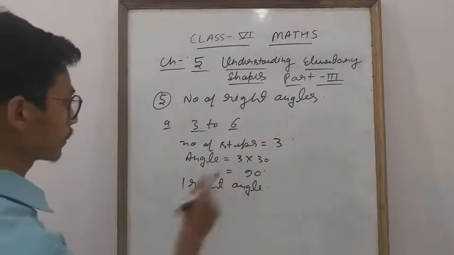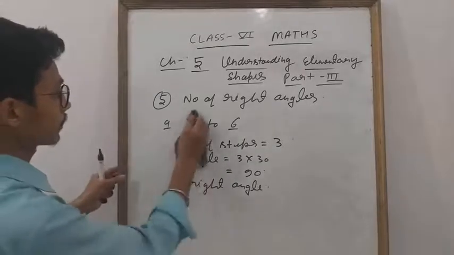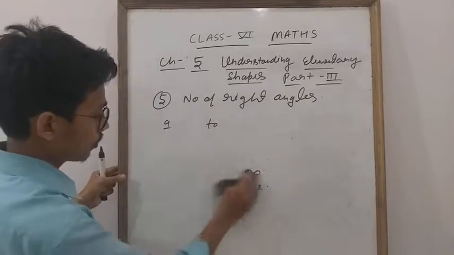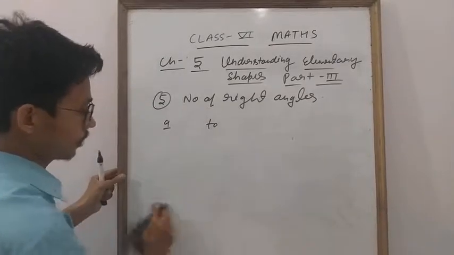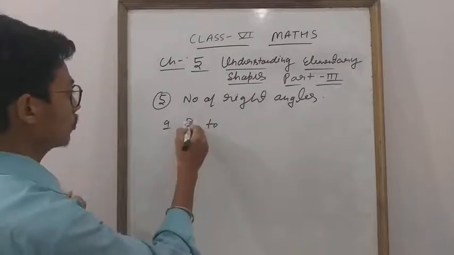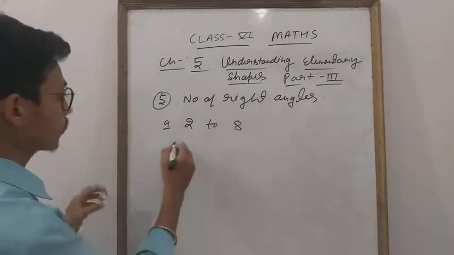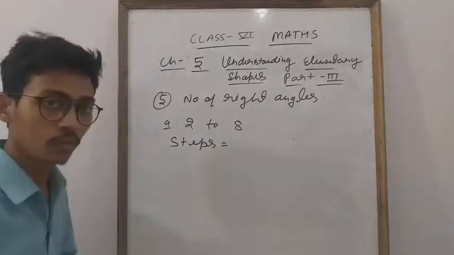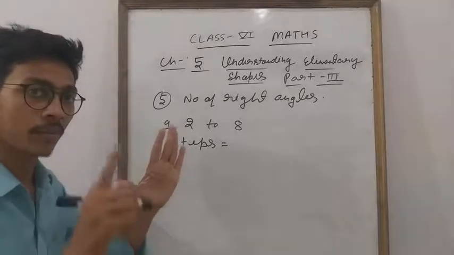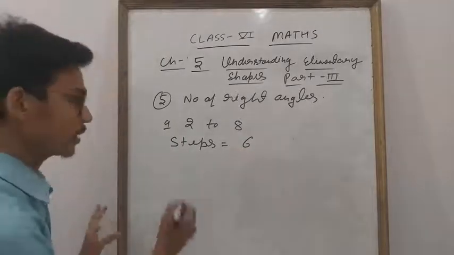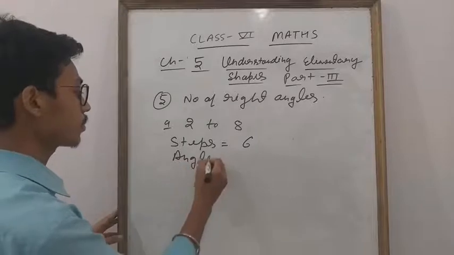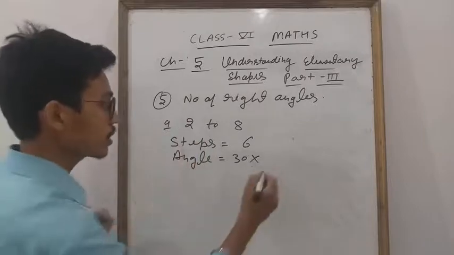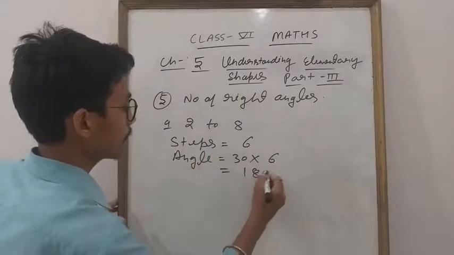And one other question I am going to do. जैसे 2 to 8 it is given. Another question I am going to take, 2 to 8. Same method you will apply, student, how to solve 2 to 8. देखिए, 2 to 8. अब see, 2 to 8, you will find out the steps. 2 to 8: 3, 4, 5, 6, 7, 8. How many steps? 6 steps. Okay everyone. Now angle, student, see, angle equal to what? 30 multiplied by, because one step equals 30 degrees, so 6 steps, so 6 multiplied by 30, यानी 180 degrees.